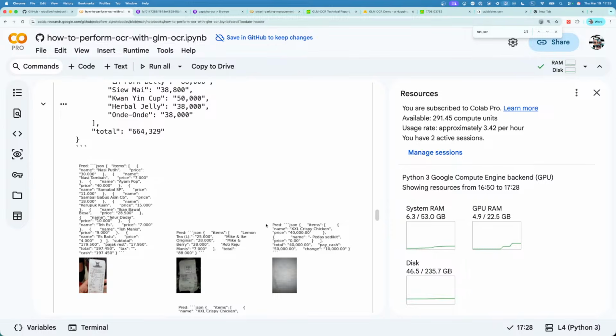We didn't provide the schema for the JSON, which we probably should if we would like to have a consistent schema across different images. But even by default, the schema is fairly consistent, because we have the items key, then the list, and then the name and price. There are some inconsistencies, but I think that if we literally ask it